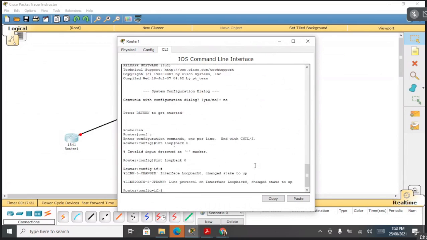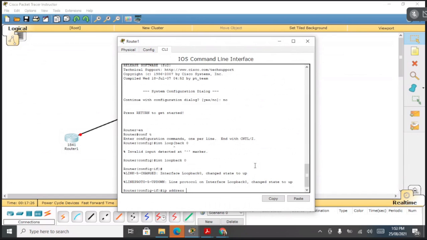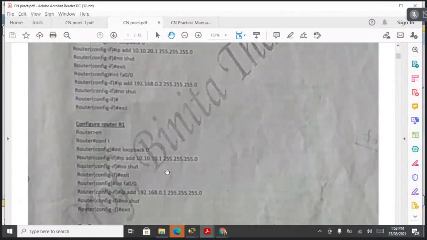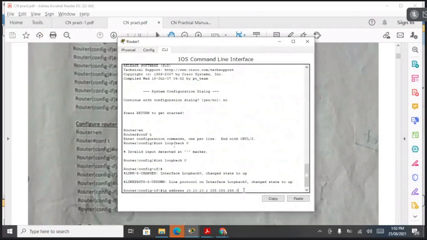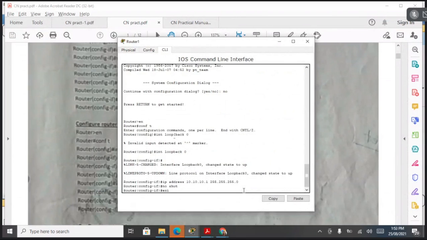Then IP address for this is 10.10.10.1, right? And 255.255.255.0. This is the same. Okay, and for this, no shut. Right.